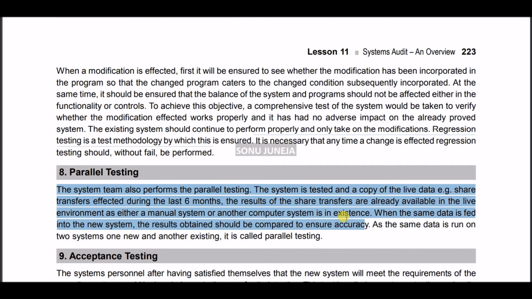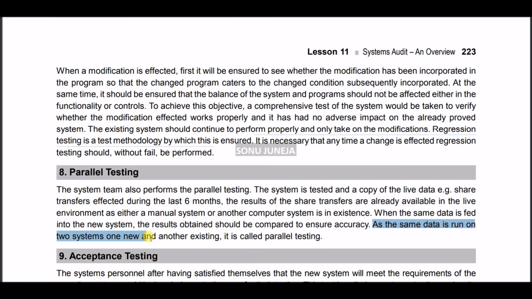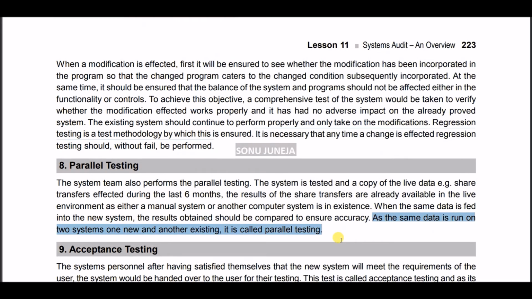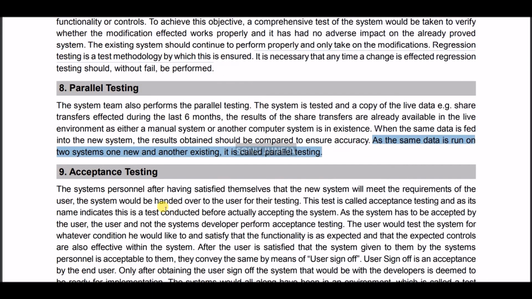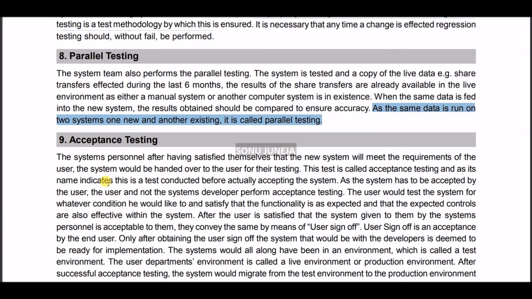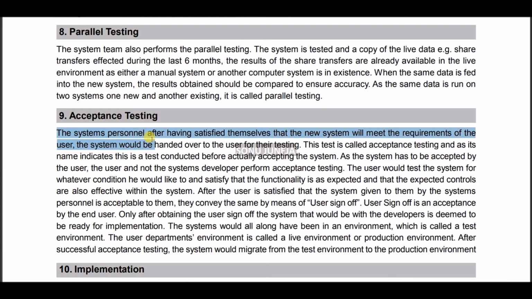So we do the parallel testing just to make sure that the software being run on different computers should not change its processing. As the same data is run on the two systems, one new and another existing, this is called parallel testing. Acceptance testing. Now the system personnel, after satisfying themselves that the new system will meet the requirements of the user,